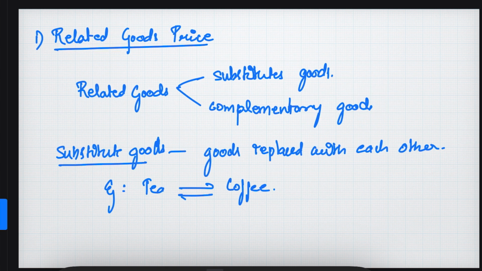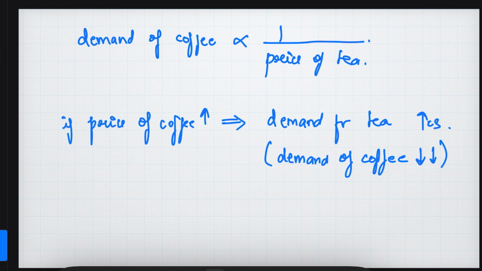Now related goods can be of two types: substitute or complementary goods. Substitute goods are the goods which can be replaced with one another. Say tea can be replaced with coffee. They both have the same functions, so they are easily replaceable with one another. Now in this case, demand of coffee is inversely proportional to the price of tea. So in case of substitute goods, the demand of good 1 is inversely proportional to the price of good